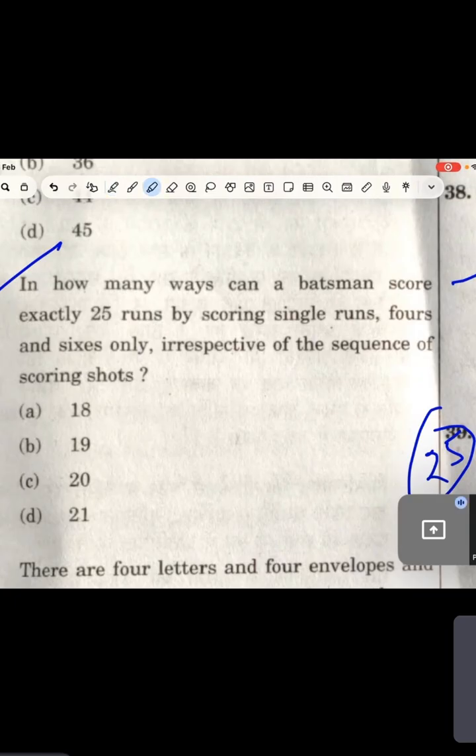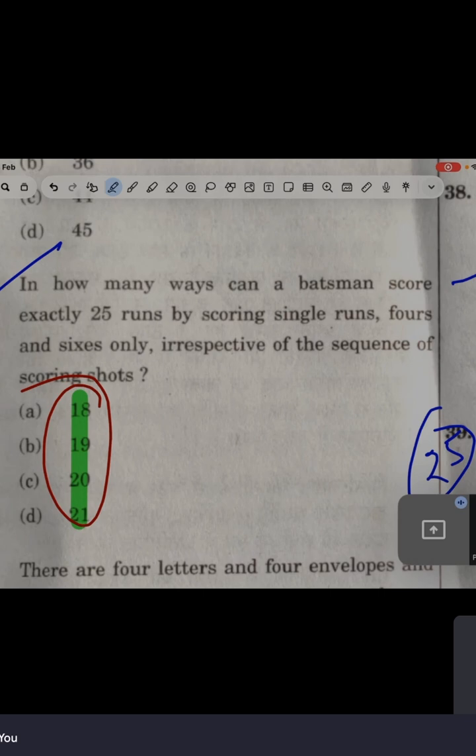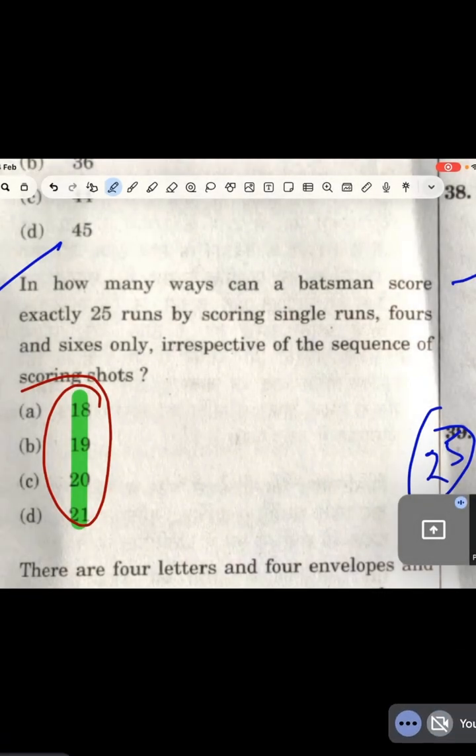See, this number is very big actually and the options are very close as well. So while counting, guys, be very careful. See how I'm looking at the options, and that's what you have to do as well. Be careful while solving the question, and don't take any question lightly, because that's the question which will go wrong when you take it lightly.